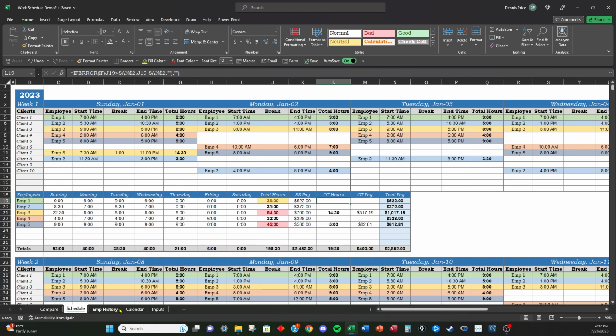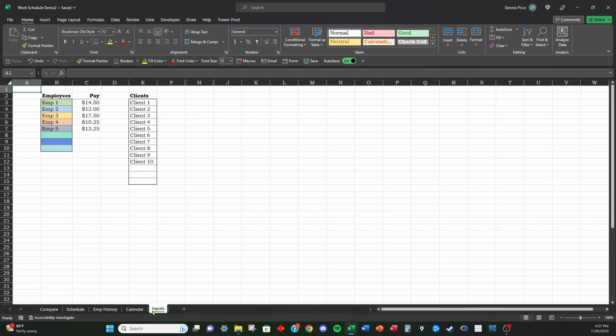The last small feature that is added in here is we have 3 extra cells here. If we wanted to add an employee at some point in the year, maybe we pick them up in June or something, well, then we can come over to the imports or inputs sheet here. We can say we're going to add employee 6, and